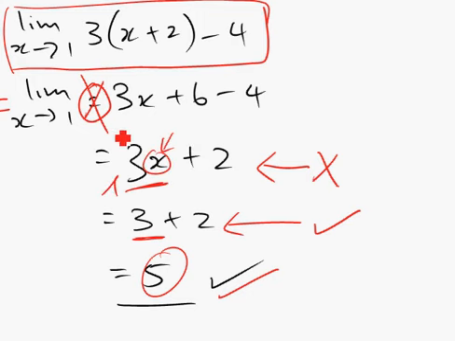So in this case here, you should write limit x tends towards 1. As long as you have the alphabet around in the question, every single line with the alphabet should have limit x tends towards 1. But once you substitute the value x equals 1 inside, you see the alphabet disappears. It's no longer there, so you no longer need to write the limit anymore. So that's the thing. These are the two most common mistakes that I've seen in EG2.